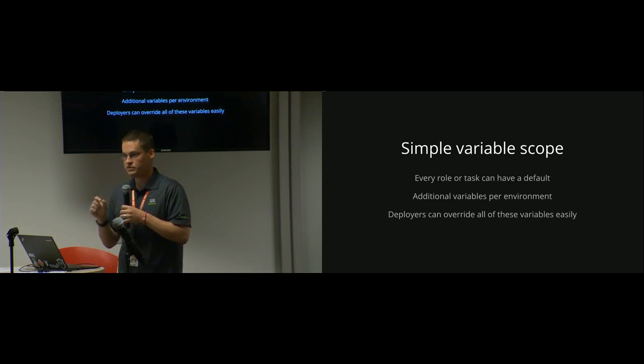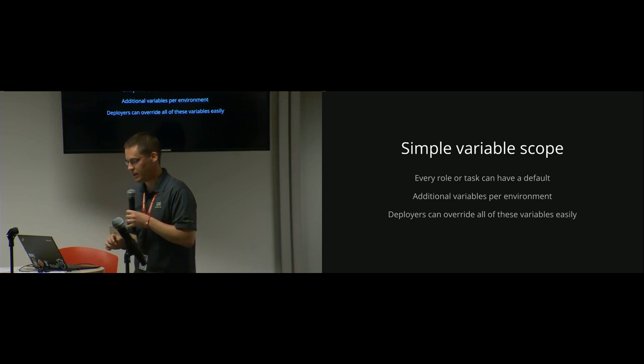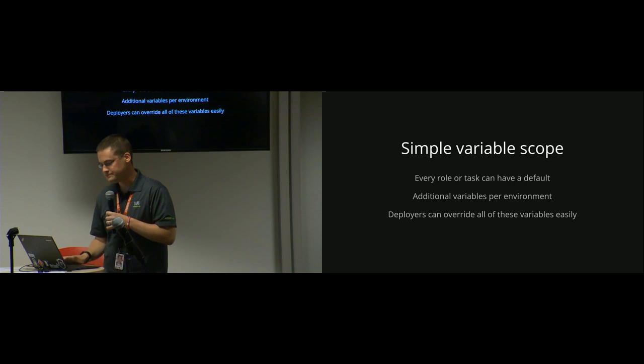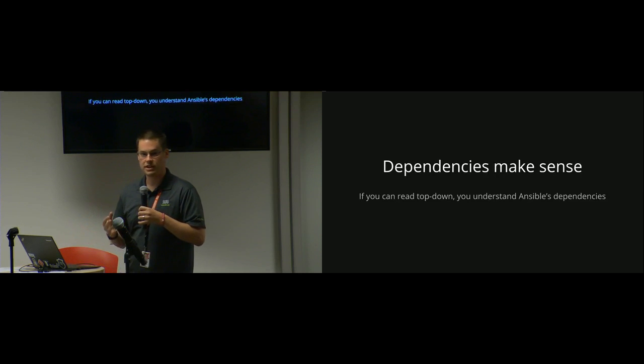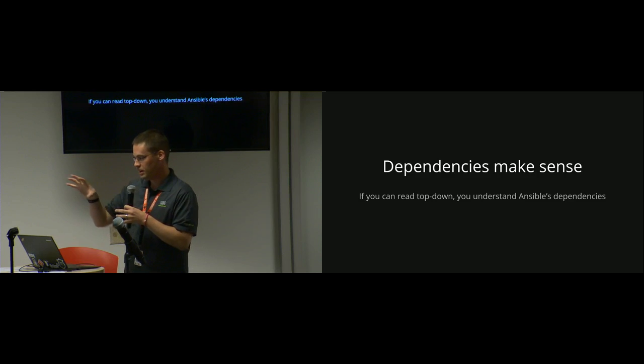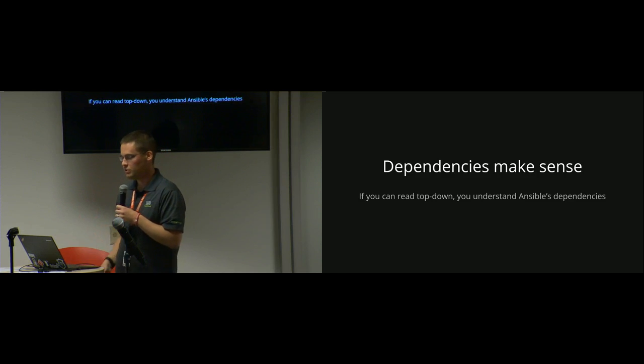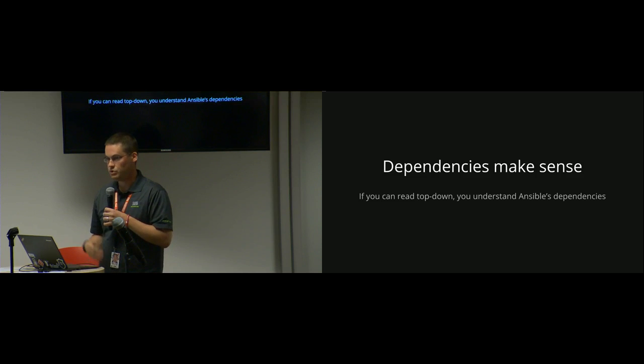If you ever use Puppet, you have to deal with the local variables, and then you've got the broader scope and then the really broad scope, and that can turn into a disaster and variables can get overwritten like crazy. My absolute favorite thing is dependencies make sense. If you can read top down and use a scroll bar, you understand Ansible's dependencies. So if you've ever used Puppet, you get that before or the after or depends and all that stuff. And then finally you figure out, well, wait a minute, I want to reuse this section of code, but you've got it clogged up with a whole bunch of dependency tree mess, and you have to go back and clean it out. With Ansible, you don't have it. If you can read something top down, you've got the dependency structure.